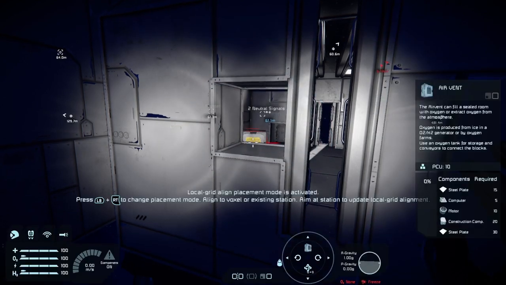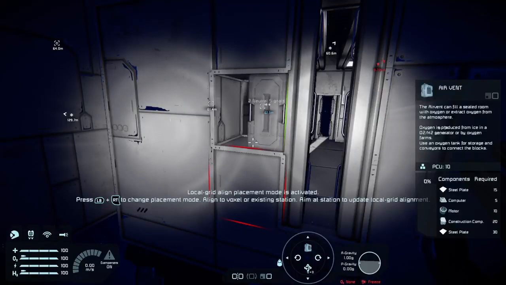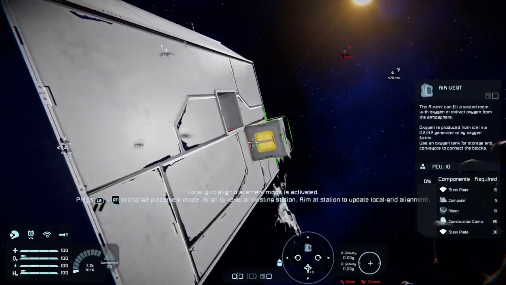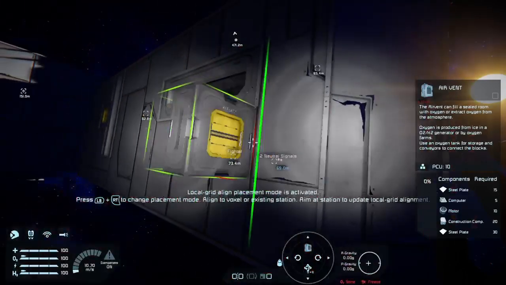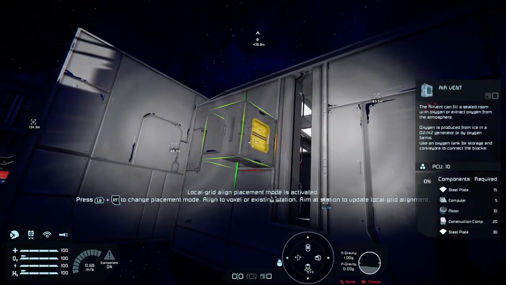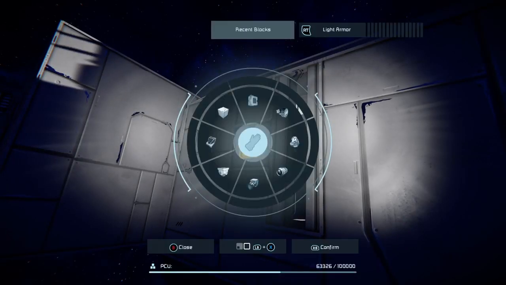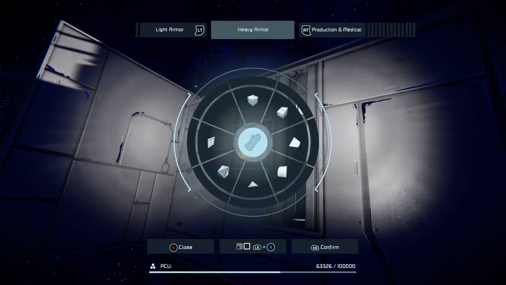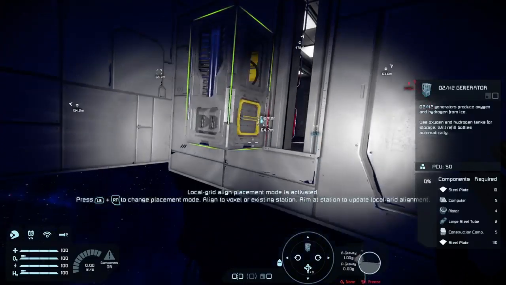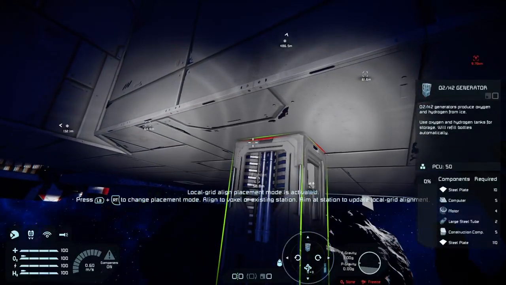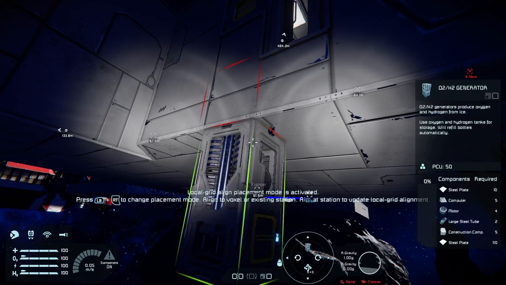So we have the little airlock base. Hold on a moment. There we go. Make sure it's facing the right way. Put one in there that I constructed but didn't quite finish. And we're going to use a closed system for the airlock itself that's separate from the actual base air supply. So we want gas and logistics, and we want to slap an O2 generator, and we're going to pop that underneath here and we change its rotation.